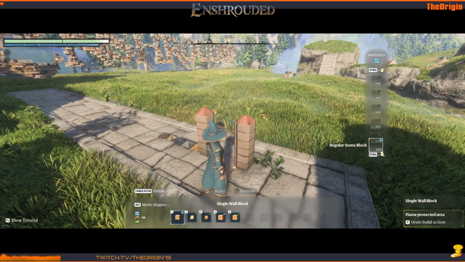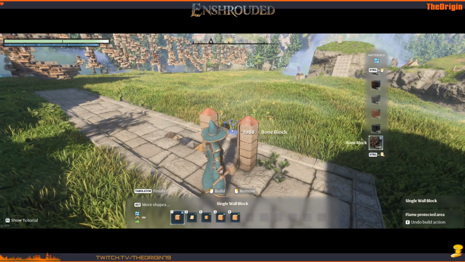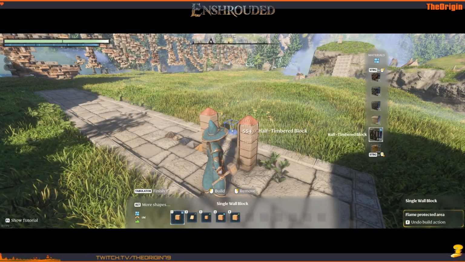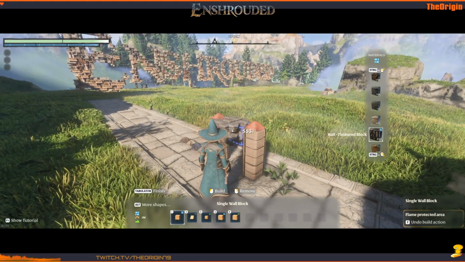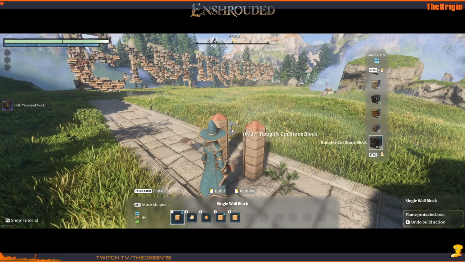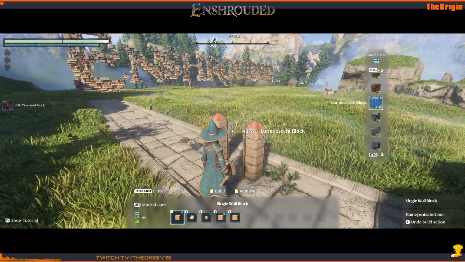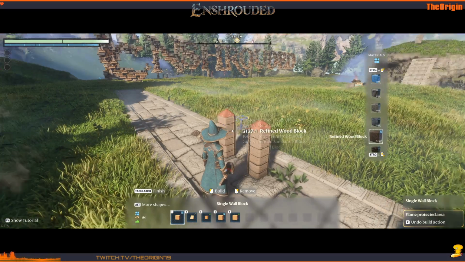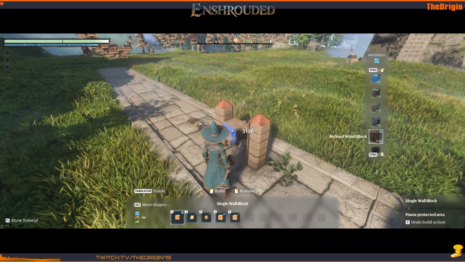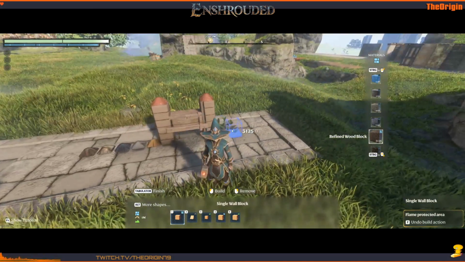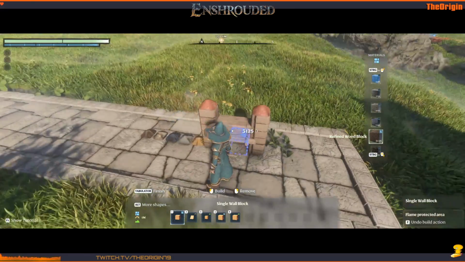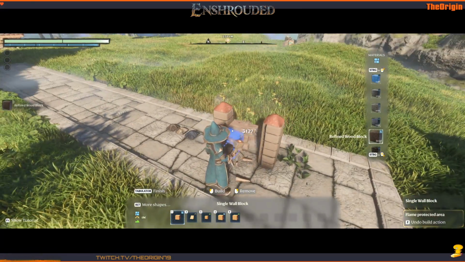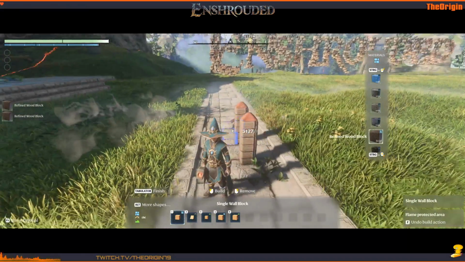And then you simply use the other voxel and some, where is it? Let's say half-timbered block. No, this is not good because it's a bleeding one. What I mean by this, I will explain later. Here, let's take the refined wood block and place it like this. So now you have a fence with a little spike on top. Yeah, this is one way to